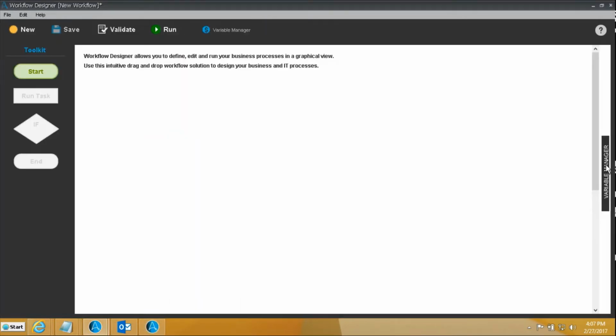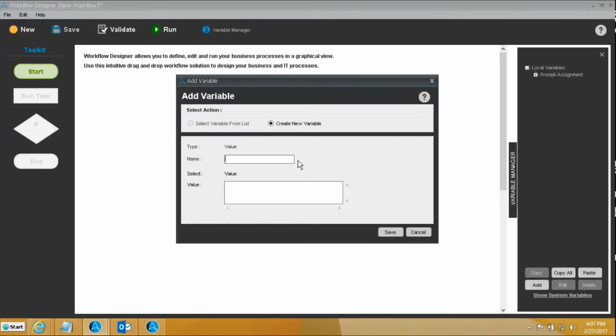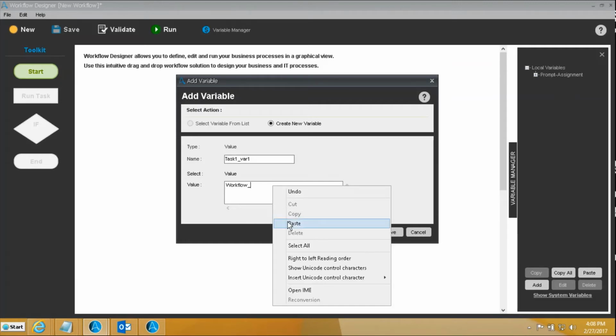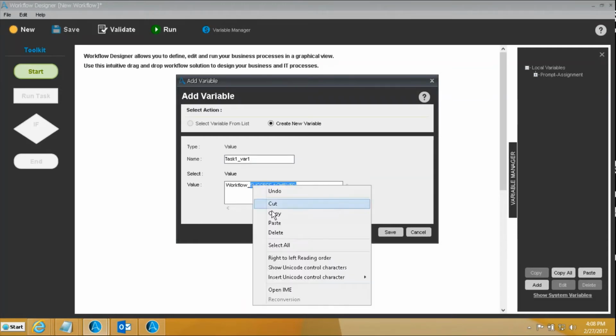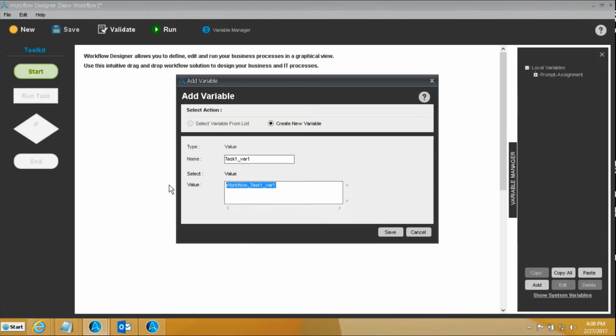So create the variables, add them, task1 variable 1, and I want to copy this, and I'm going to precede the value of this variable with the workflow keyword, and that did not work out well. Copy this. So workflow task1 variable 1,